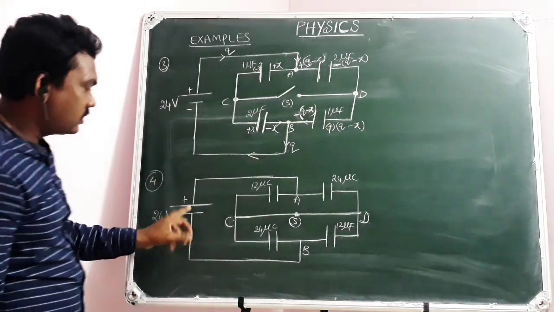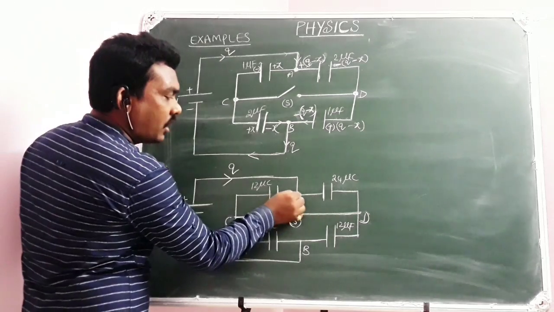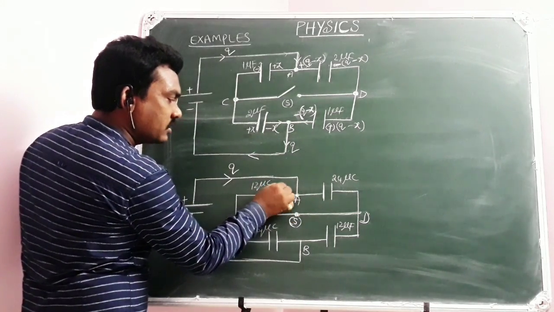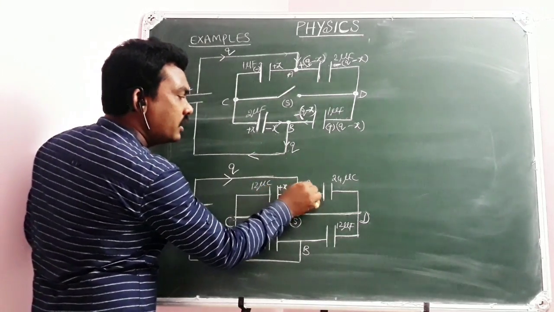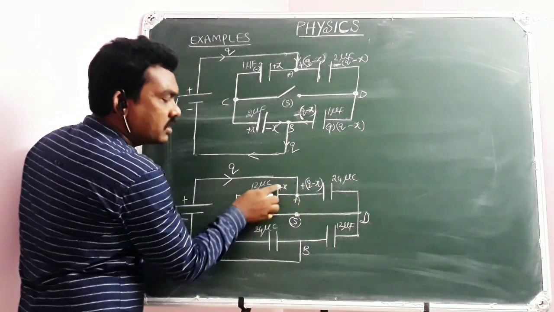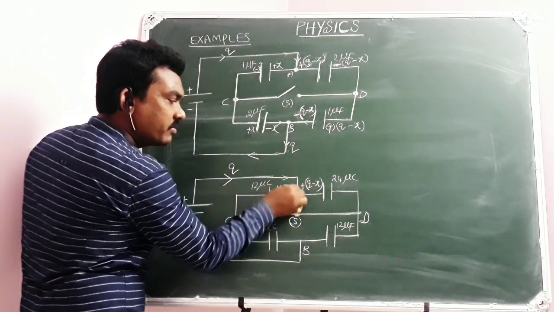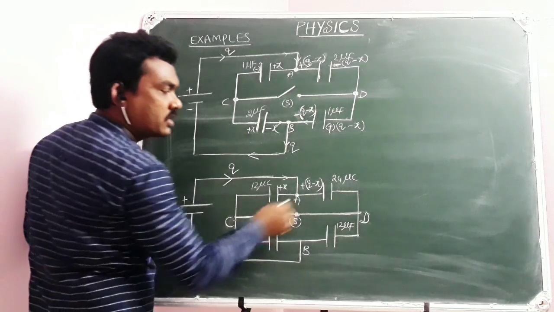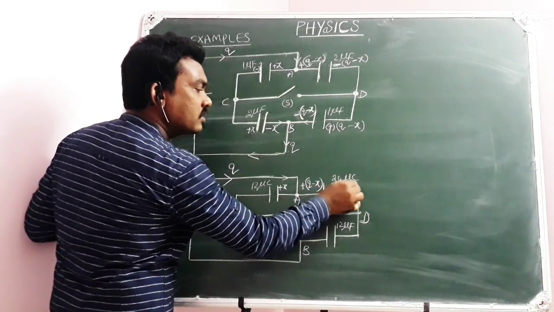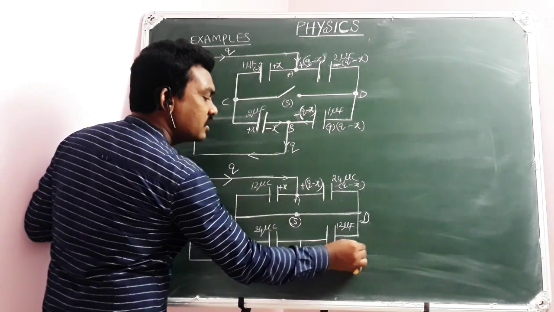Shall I explain for this? Here q charge is drawn from this side, q charge. On coming here, it is plus x. Same just like earlier, here it is q minus x plus, because x plus q minus x should be equal to q, because q is coming in this way. Next, this is minus of q minus x. As this is minus q minus x, this will be plus q minus x.